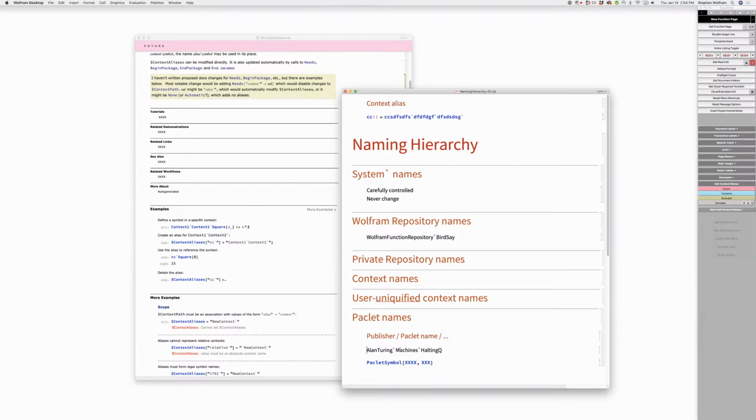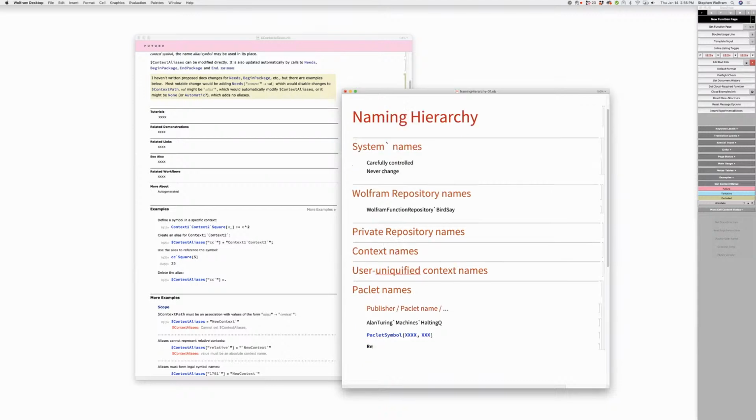But I'm wondering. Packlet symbol is essentially the same idea as the function repository function thing, but for Packlets. It would load the Packlet. No, I think it's a good idea. I think the case where it works well is when it's a function name, basically, and when I say resource function of